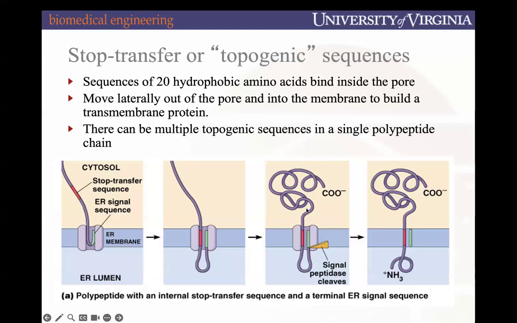With each hydrophobic amino acid stop transfer sequence, that's going to be moved laterally out of the pore into the membrane to help build that transmembrane protein. So if we think back to a protein like tetraspanin that had 4 regions that were wedged within the membrane, as it's being synthesized, whenever that stop transfer sequence is recognized, it's going to pass it laterally out of the pore into the membrane and continue synthesizing